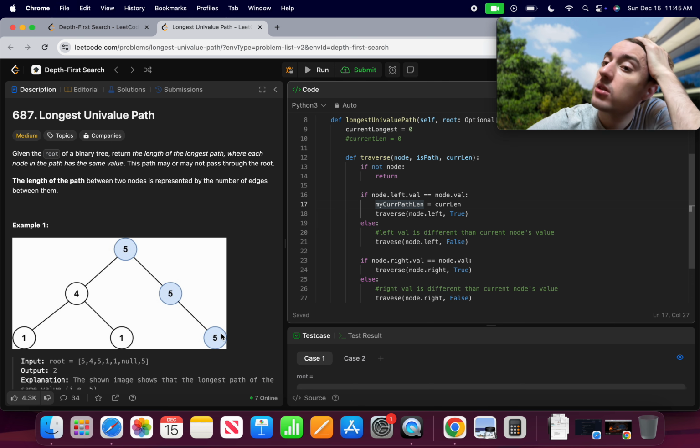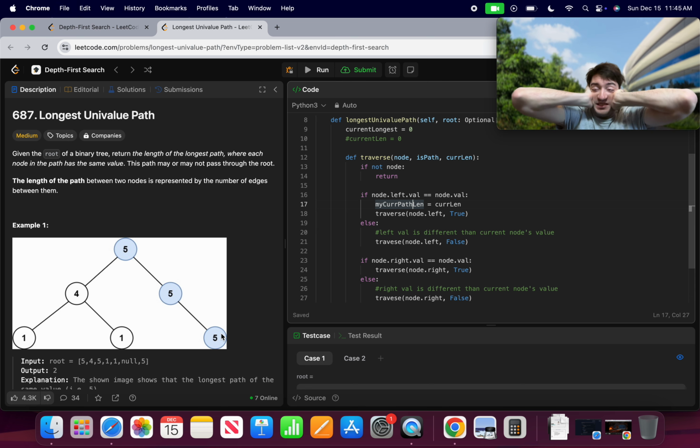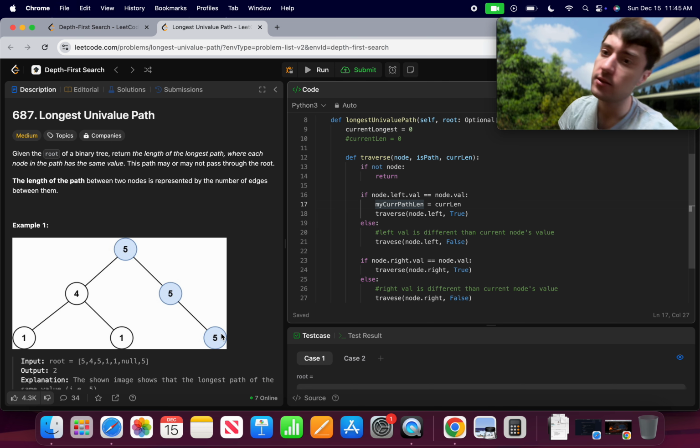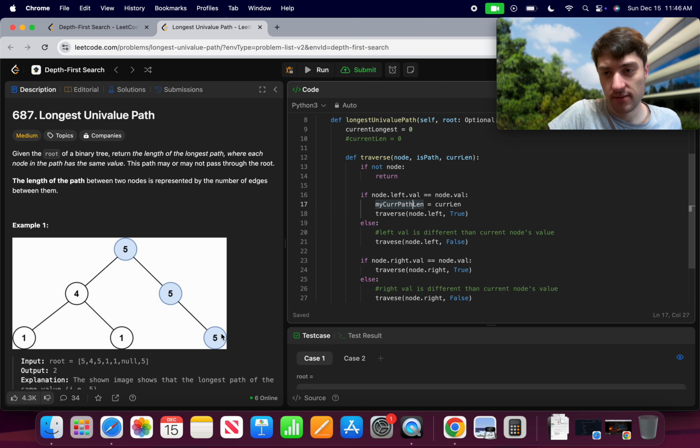So each time I recurse down, I want my... okay. What am I doing? Current length is now, I'm saving it in a secondary variable that I'm passing in something else, and